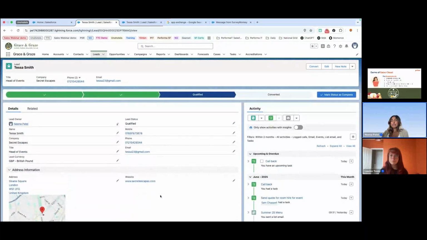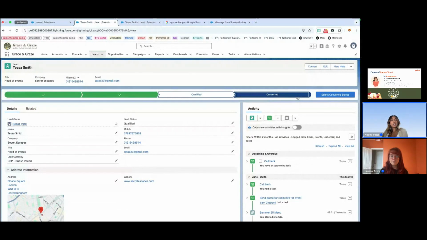So let's say we've now spoken to Tessa. She's happy to move this along the line. We're now going to convert this lead. So what this will do is create an account, a contact, and an opportunity. So the contact in Salesforce is where we store individuals' demographic information, such as their phone numbers, email addresses, and